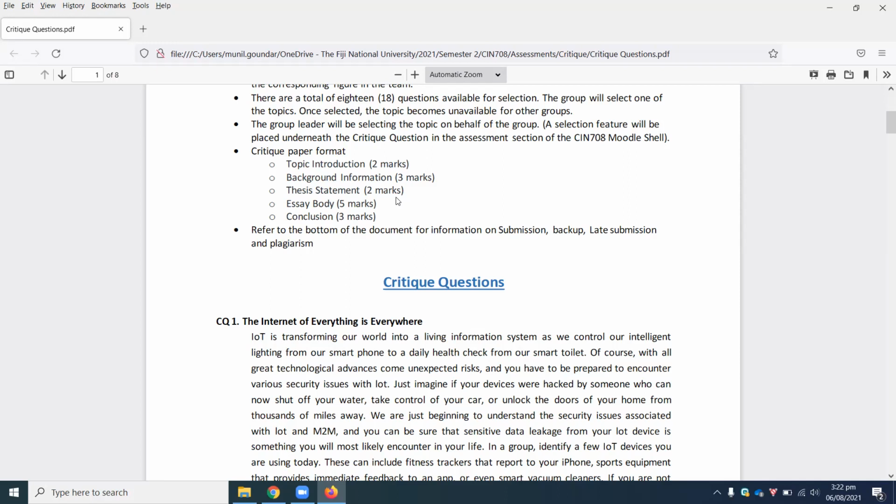Third point that you have for the format is thesis statement. Now with thesis statement, you will give in the main points that you are focusing on. If you have a question in which you have to critique about something, in which you have to argue about something, or you have to speak in favor of something, what that favor point is, what the argument point is, you'll list it down here.